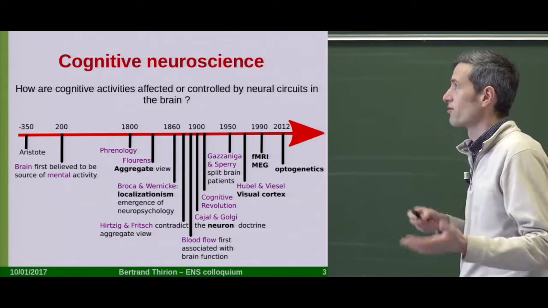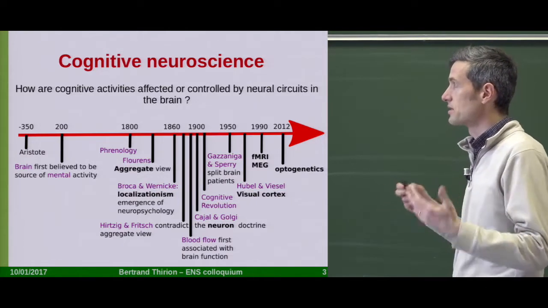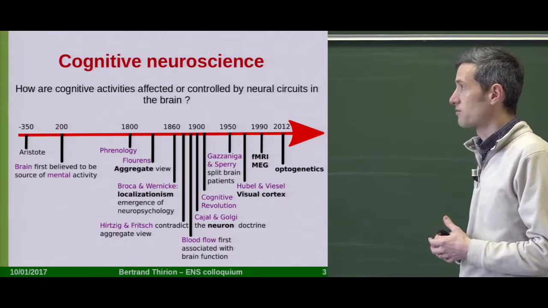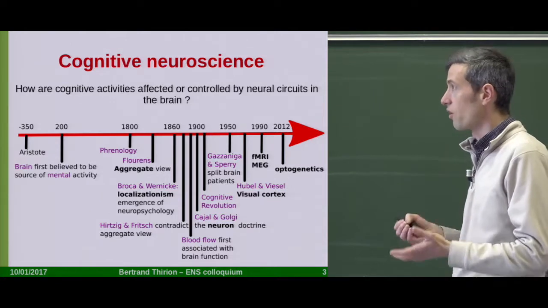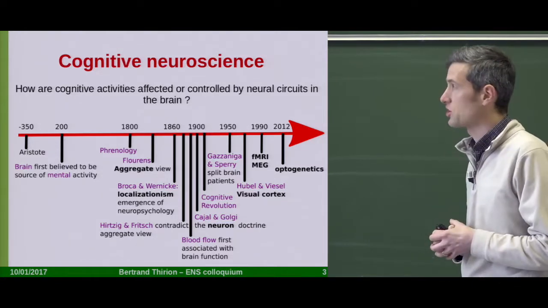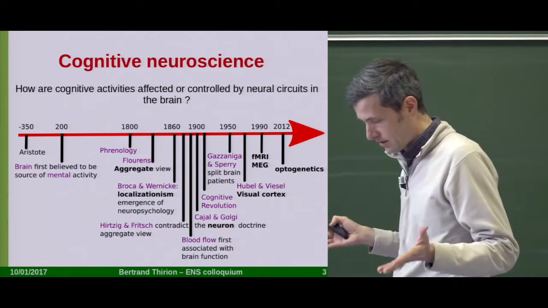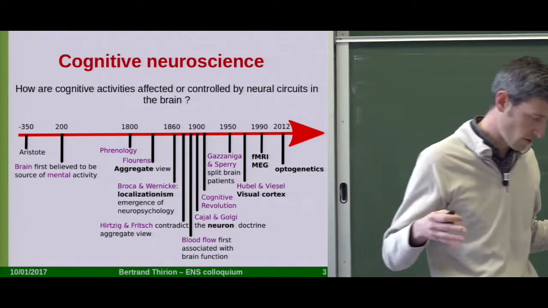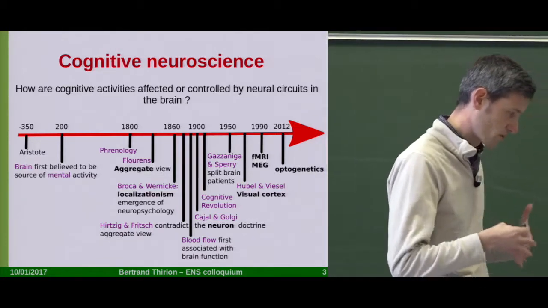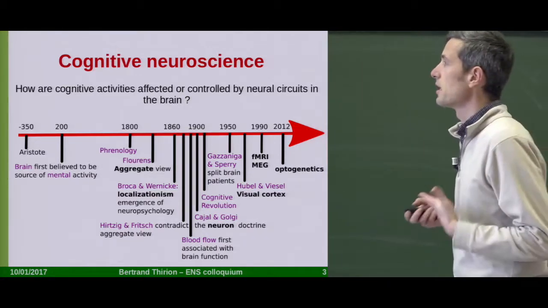Actually, the truth is a bit more complex. We see that many systems are actually involved in cognition. But it is also true that there is some specialization in the brain territories. Then there are lots of side discoveries. I think cognitive neuroscience is at the convergence of many fields, so biology and